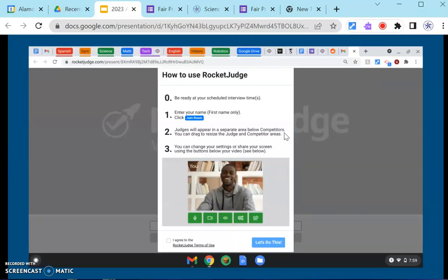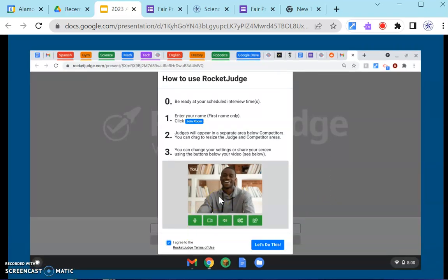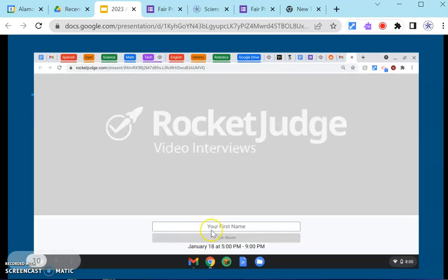So Rocket Judge, this is what it looks like. When you get your link, you click on it, and this will pop up. You'll go through, you'll say, okay, I agree, I'm ready. This is kind of what it looks like. This will be your video camera, and it'll be you. And then underneath it, you'll have some little buttons. Make sure you click agree. You'll put in your name,